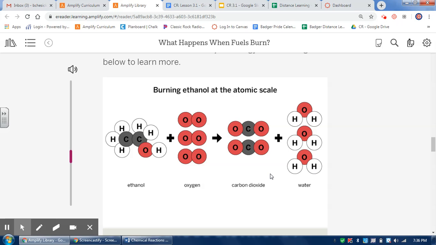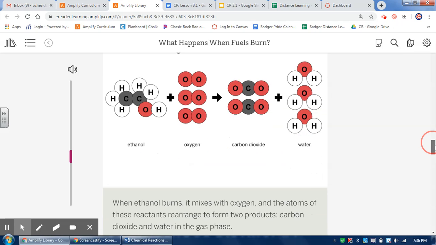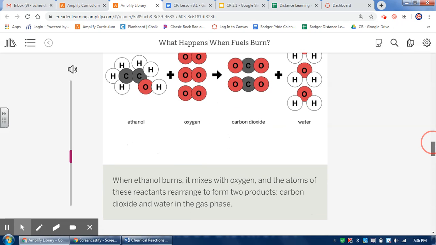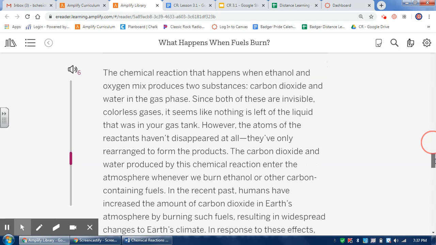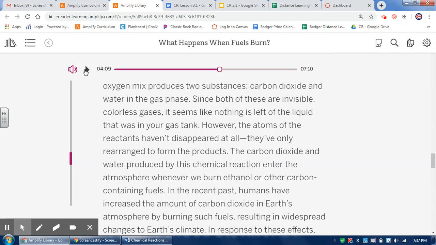So I know a few things about global warming and the ideas behind that. Carbon dioxide is something that's building up in our atmosphere, probably because of the use of cars and other machines. I'm not going to annotate that, but I'm just going to talk you through that. Okay, I'm going to listen to the rest of this with you, and if you want to stop to annotate, you can, but I'm not going to annotate anymore. I'm just going to listen with you.